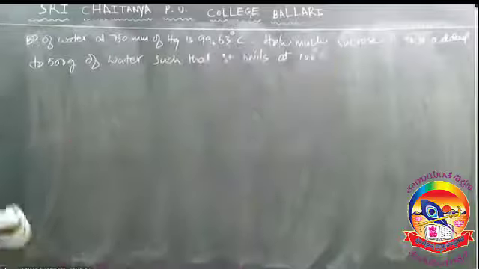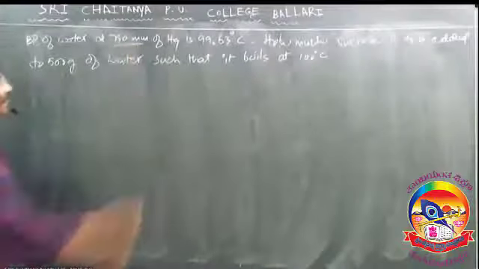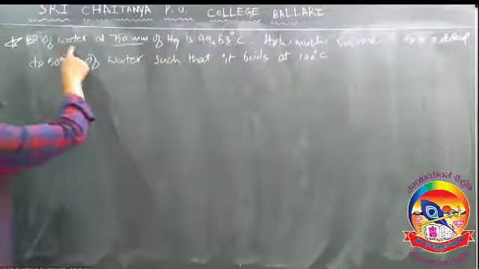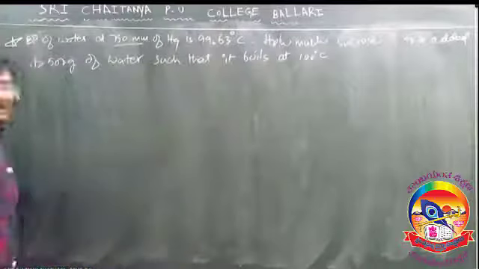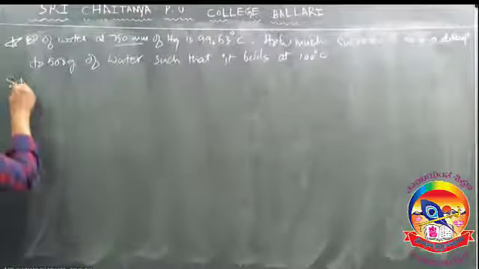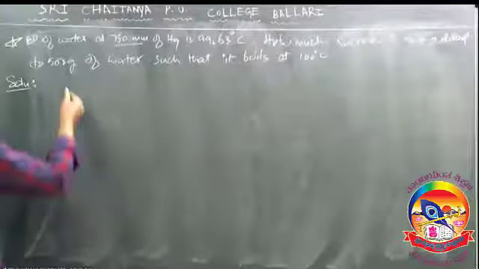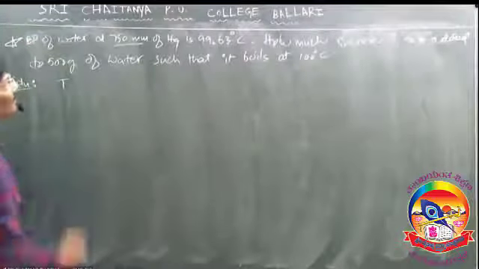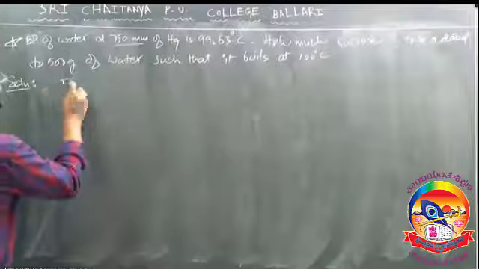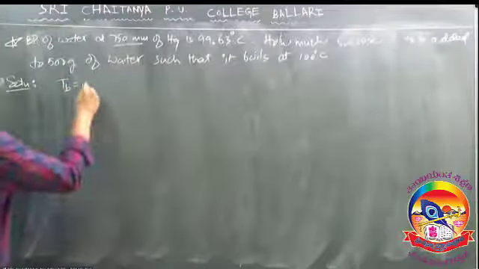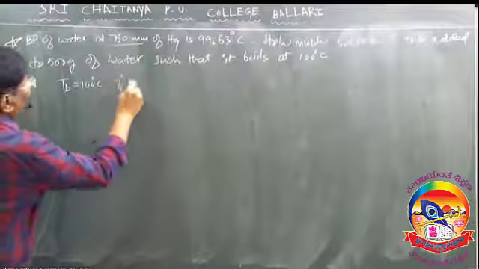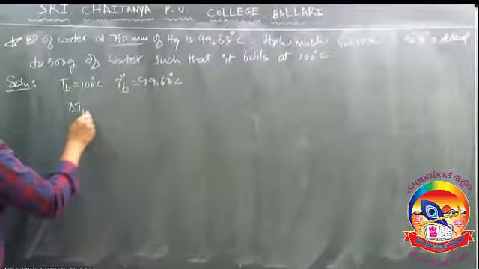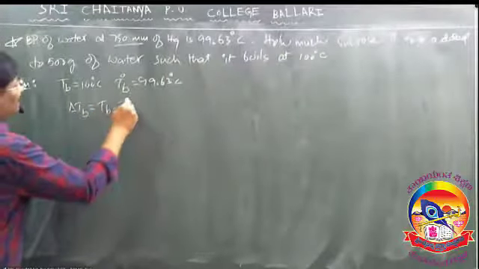Please remember, they have lowered the pressure. That's why water is boiling at this temperature. Remember. So therefore, now the solution. Solution means, they are asking us to find out the weight. So TB is equal to 100 degrees C, T naught B is 99.63 degrees C. What is the delta TB? TB minus T naught B.